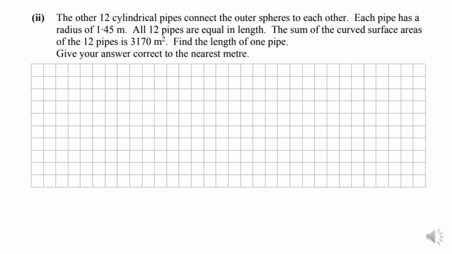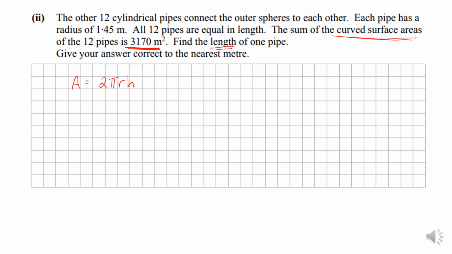Okay, so we're asked to find the length. We're talking about curved surface areas, and we've a whole heap of information in there. Okay, so this is a working back type question, but we are dealing with curved surface areas of cylinders. So I would write that formula down first. A equals 2 pi r h. Okay, and in this case we are told that the answer is, for all 12 pipes, 3,170. So we will have the answer for the area, but we have to work backwards to find the length